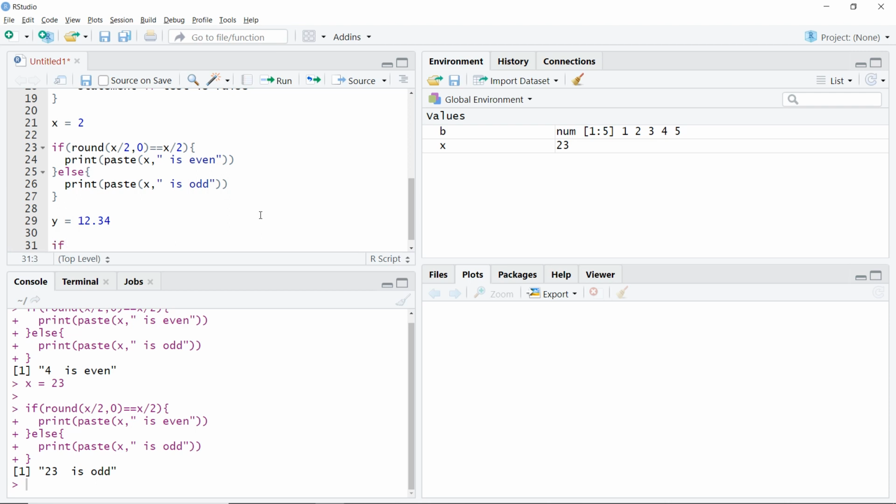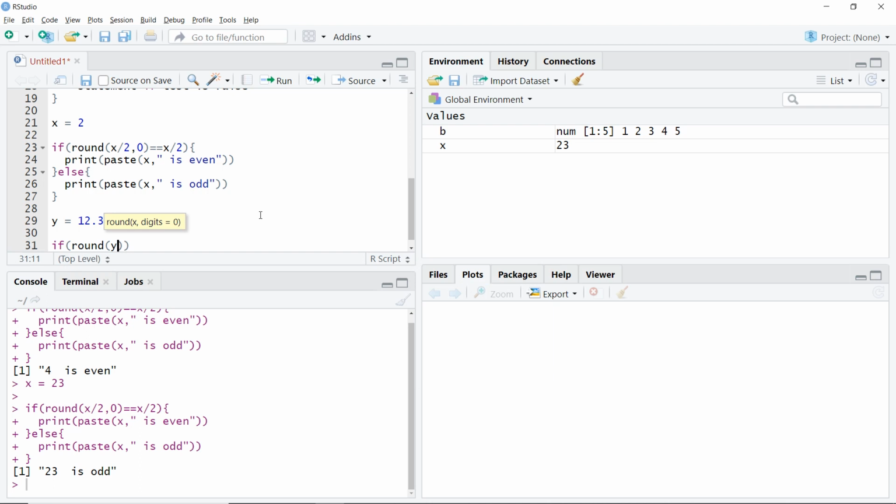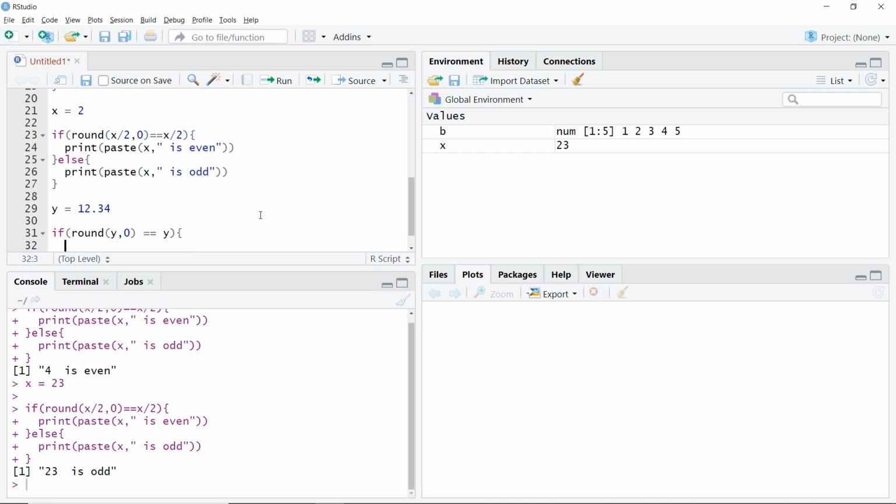We'll say if our round value of y, where I am taking 0 decimal points, if that is equal to, so double equal to, because I am checking, if that is equal to my y, then it is an integer. So if that is the case, then do something.